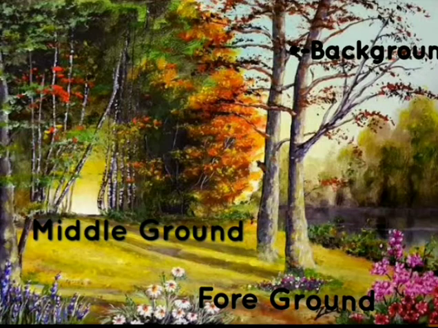And you see the foreground. In the foreground, you can count the flowers and the flower petals, and the color is also darker than the background and the middle ground. So in the background, colors are very light and things are not in detail. In the middle ground, colors are medium in tone and somewhat in detail. Then in the foreground, the colors will be darker, the view will be closer, and the detail will be shown very minutely in the foreground.